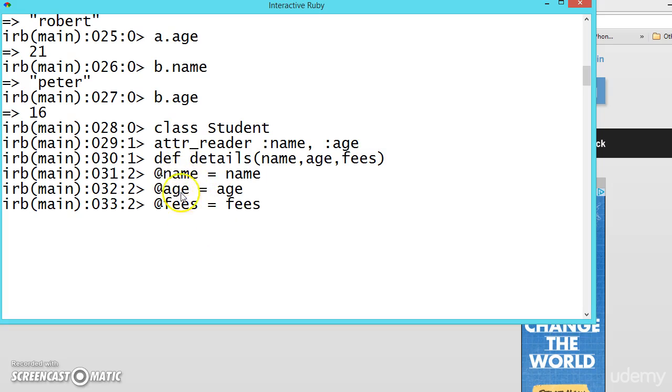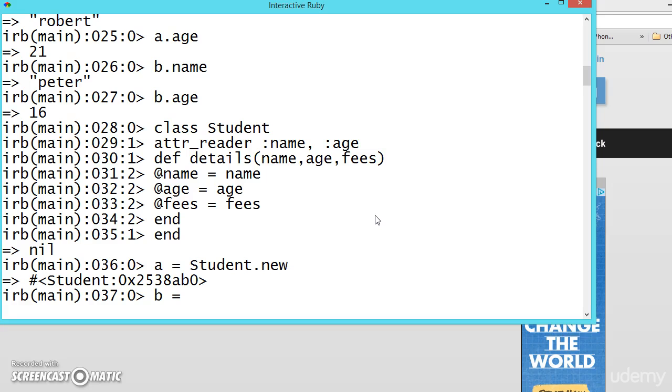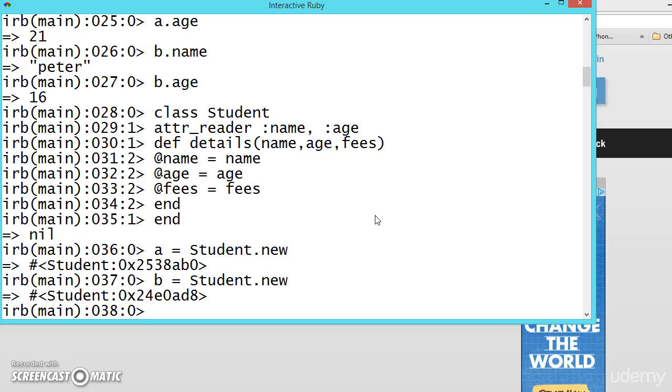So for now, just remember that we are just setting the data, and then let me end the function, end the class. Now let us create a is equal to student dot new. Let us say b is equal to student dot new. So we have created object A, object B.